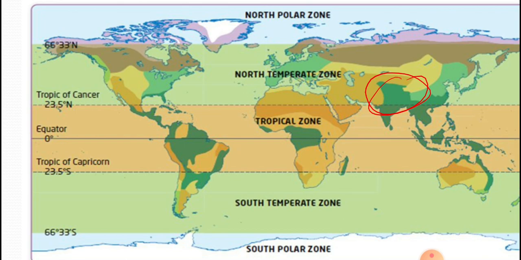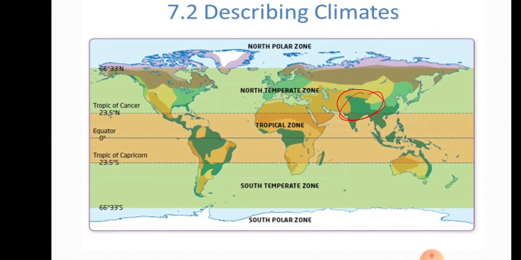So it divides India into two parts, but we cannot say that there is exactly temperate climate just above Gujarat. They are called subtropic and subtemperate areas, that we'll talk about later in the climate chapter. So this is the division of zones in India. The southern part is in the tropical zone and the northern part from Gujarat is in the north temperate zone.